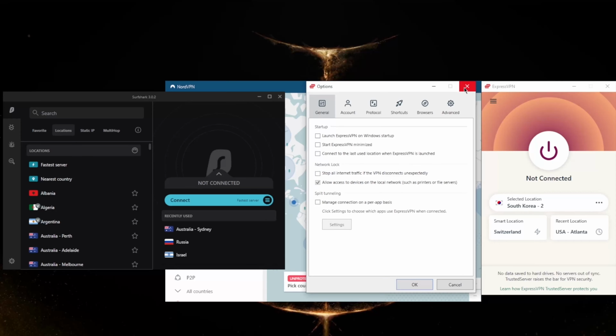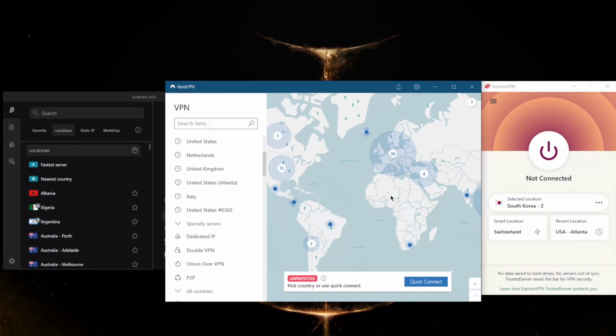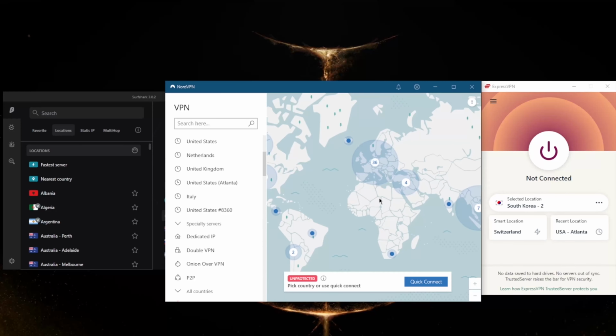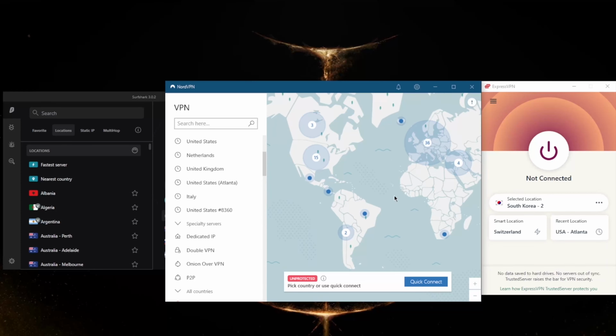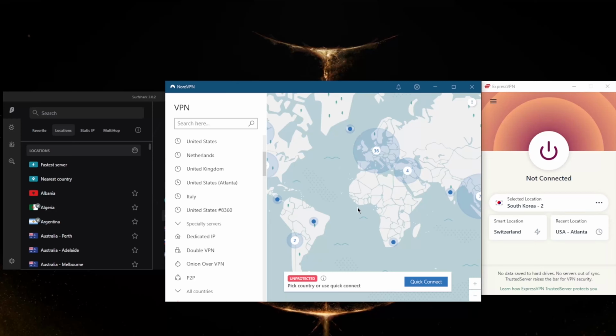Okay, so let's say you're looking for a VPN that is a little bit more budget friendly, and that would be NordVPN with over 5,100 servers in 60 countries. Now, even though NordVPN has 34 less countries than ExpressVPN, as you can tell, it is still quite the number at 60 countries. You'll be able to secure up to 6 devices per subscription though,